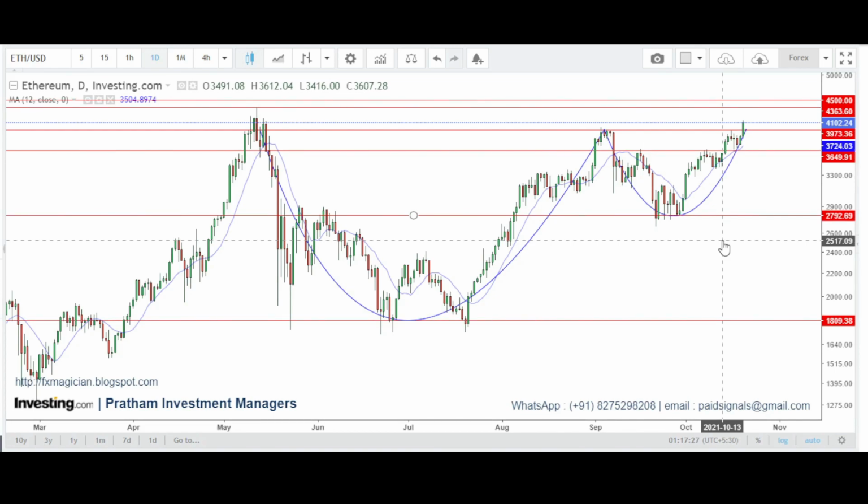Keep your positions light, do not trade heavily. These are cryptos and they tend to move in a volatile manner. There will be high volatility on some events or news. So please do not trade with heavy lot sizes or heavy margins. Trade within the limits and keep enough margin for safety.